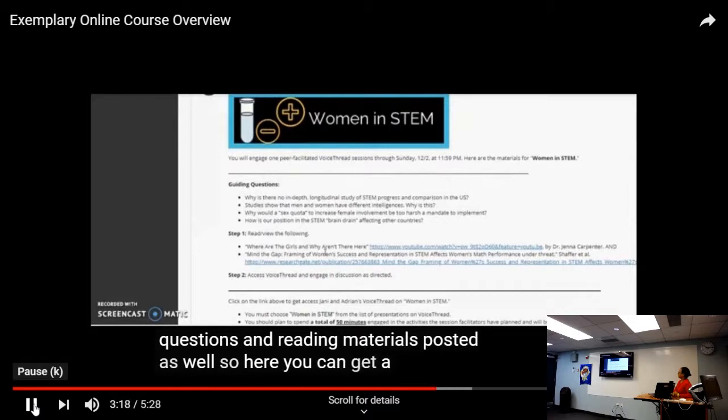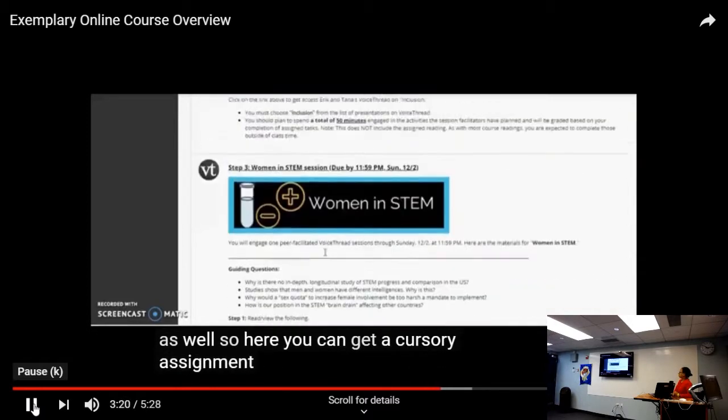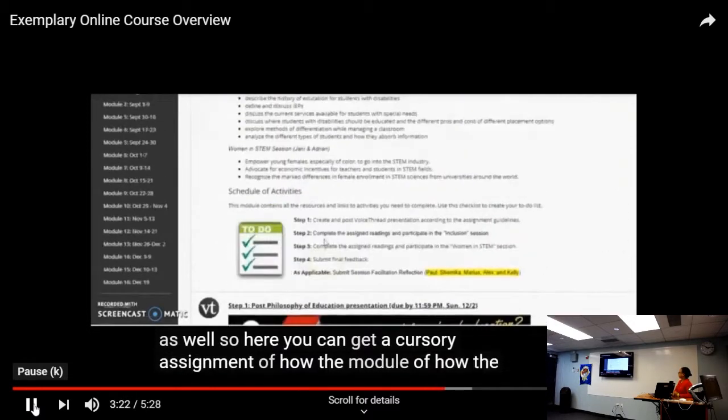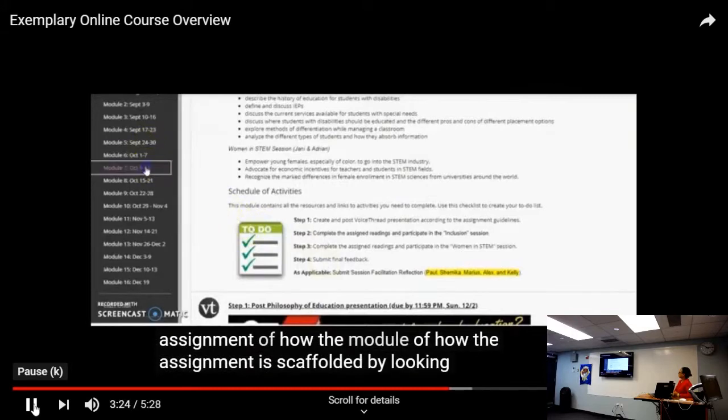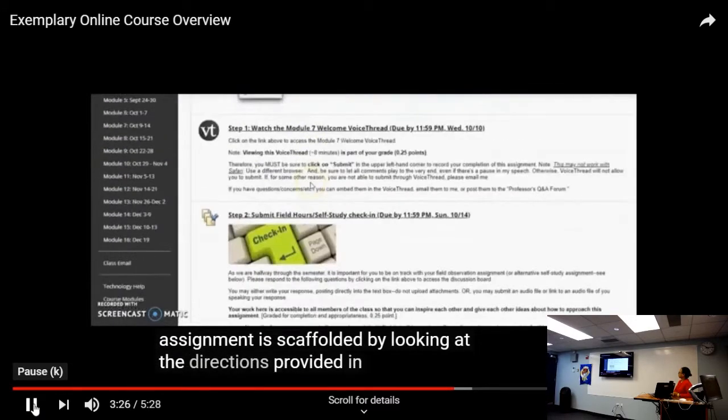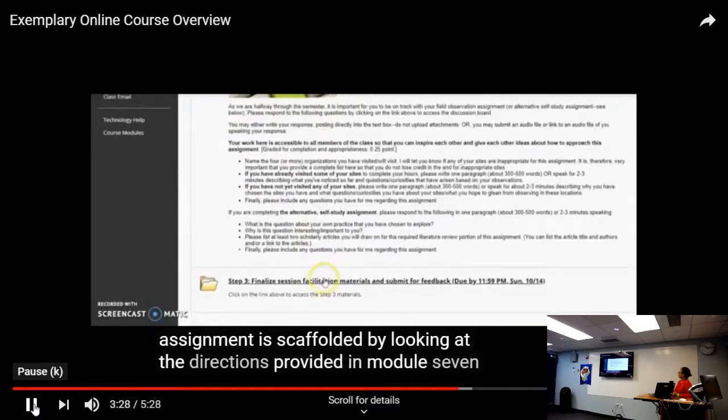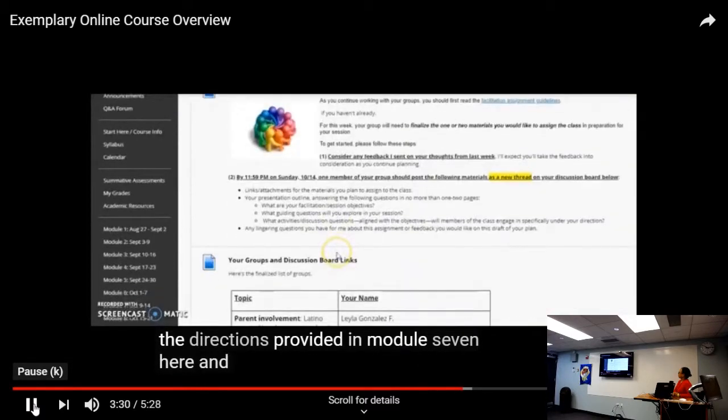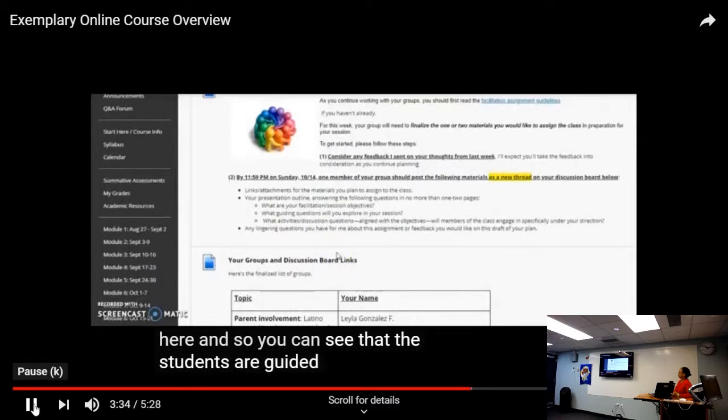So here you can get a cursory sense of how the assignment is scaffolded by looking at the directions provided in Module 7 here. And so you can see that the students are guided in determining their session objectives,